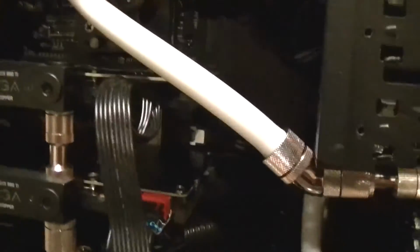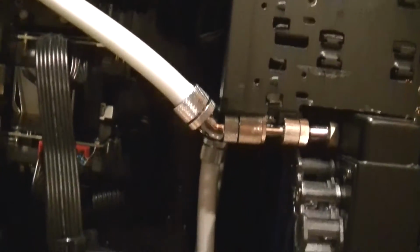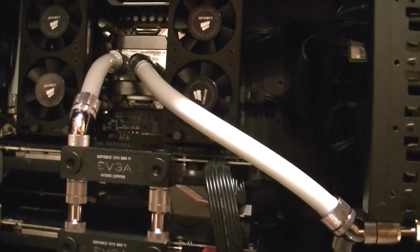Okay. And as you can see, there's my cable management. Everything is black to blend in with the blackness of the case. So instead of trying to hide all the cords tucked away, making it match the color of the case makes things easier, so you don't really notice it right away or at all. Then white tubing really does do a good job of accentuating